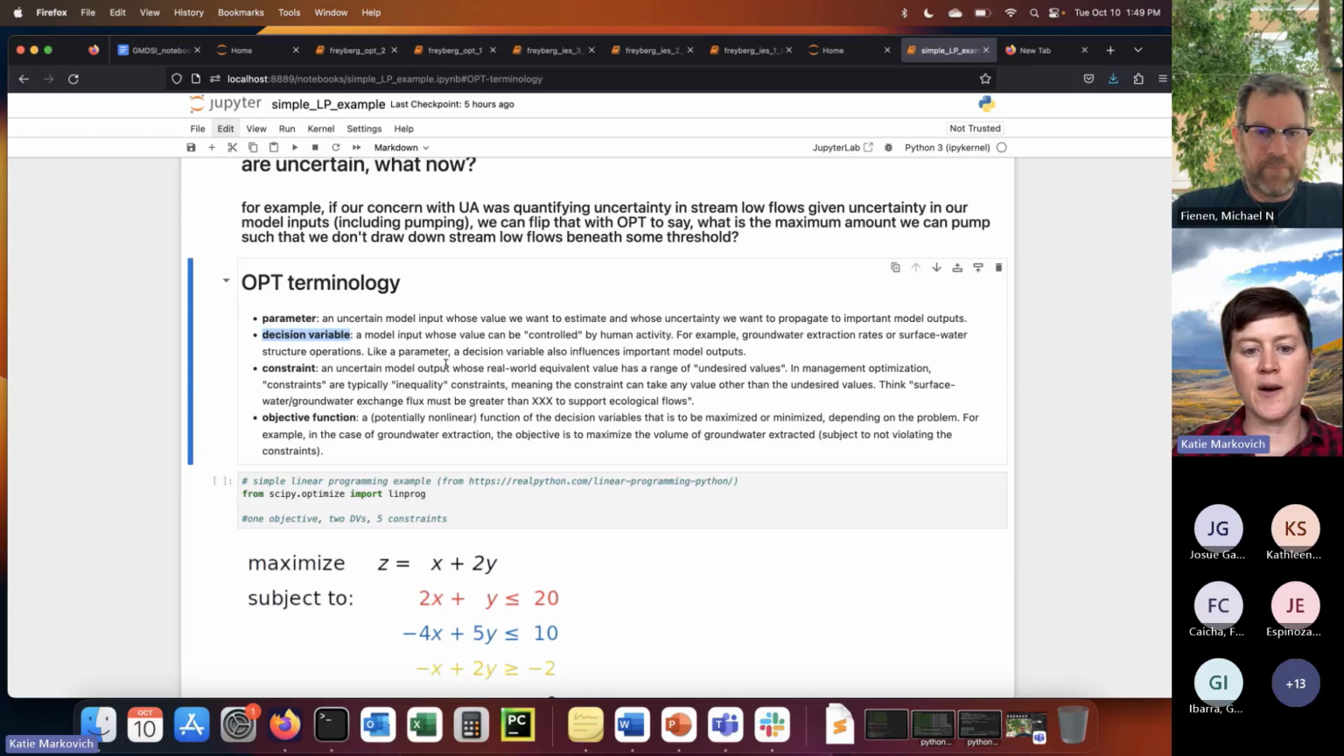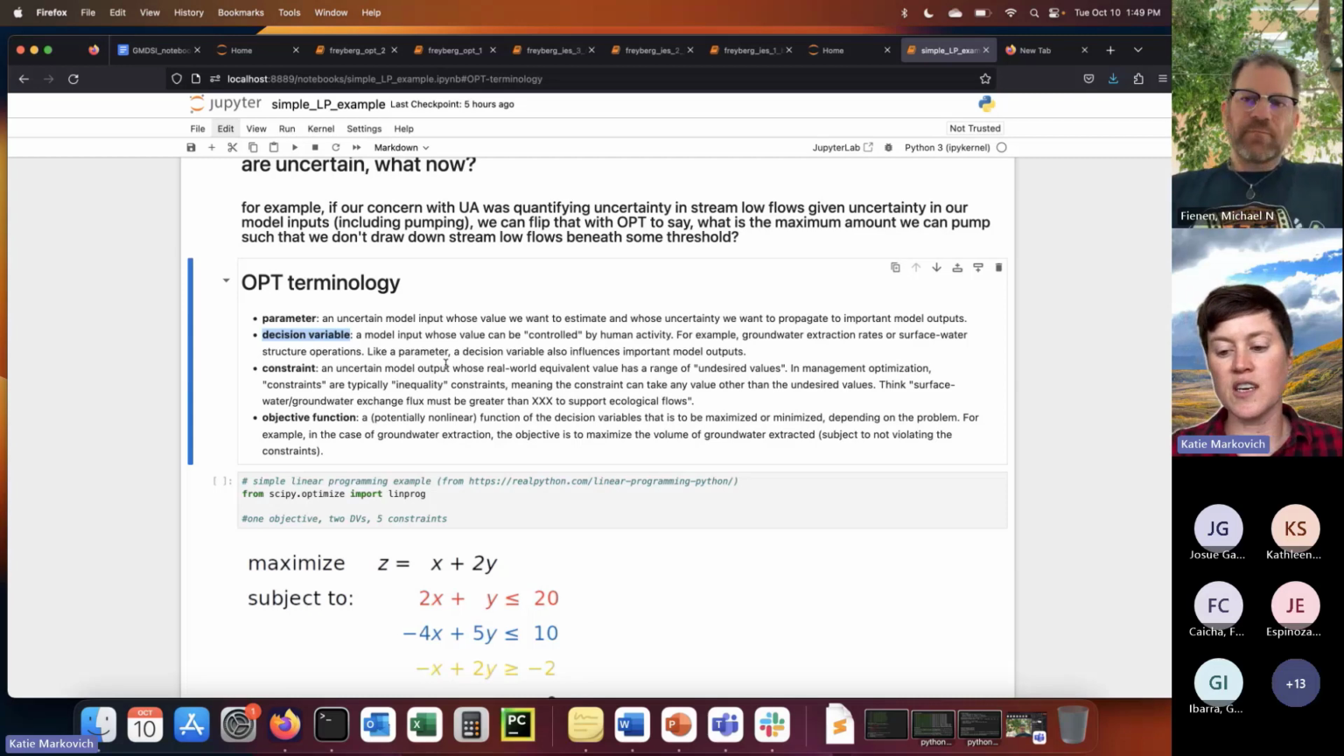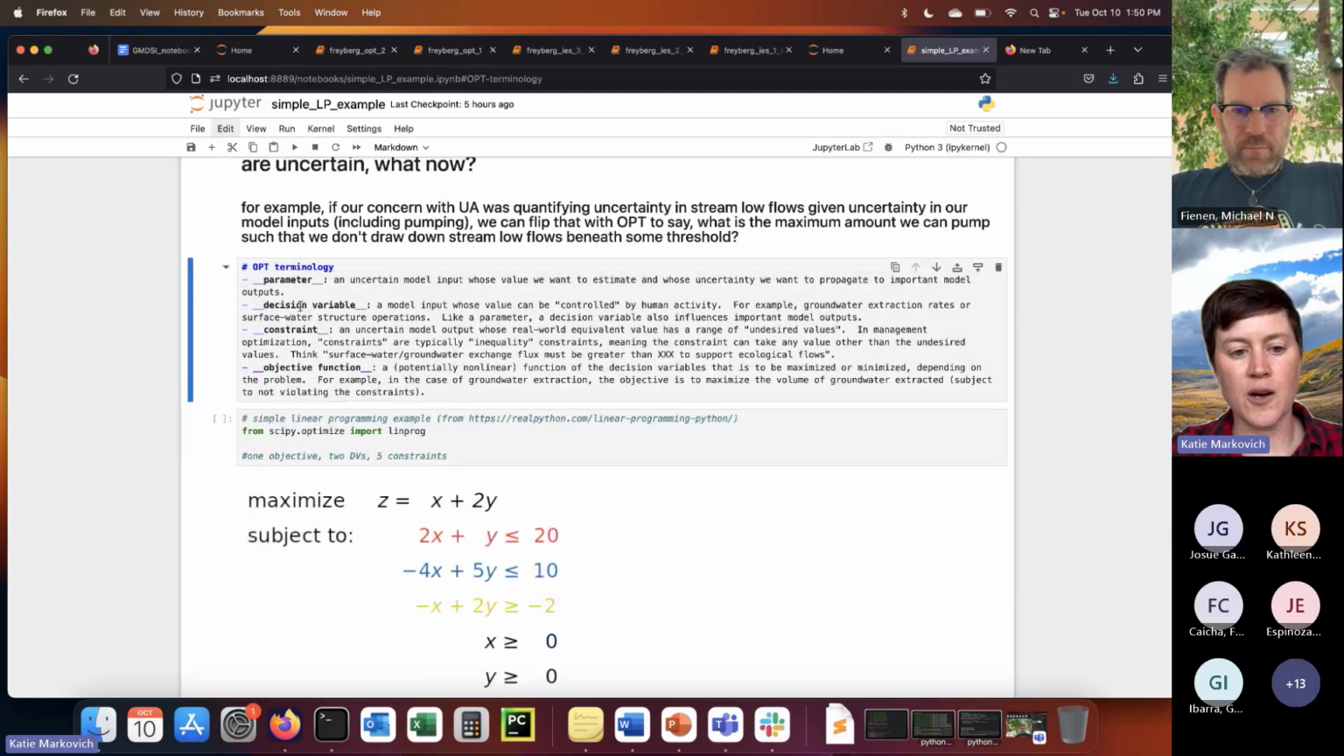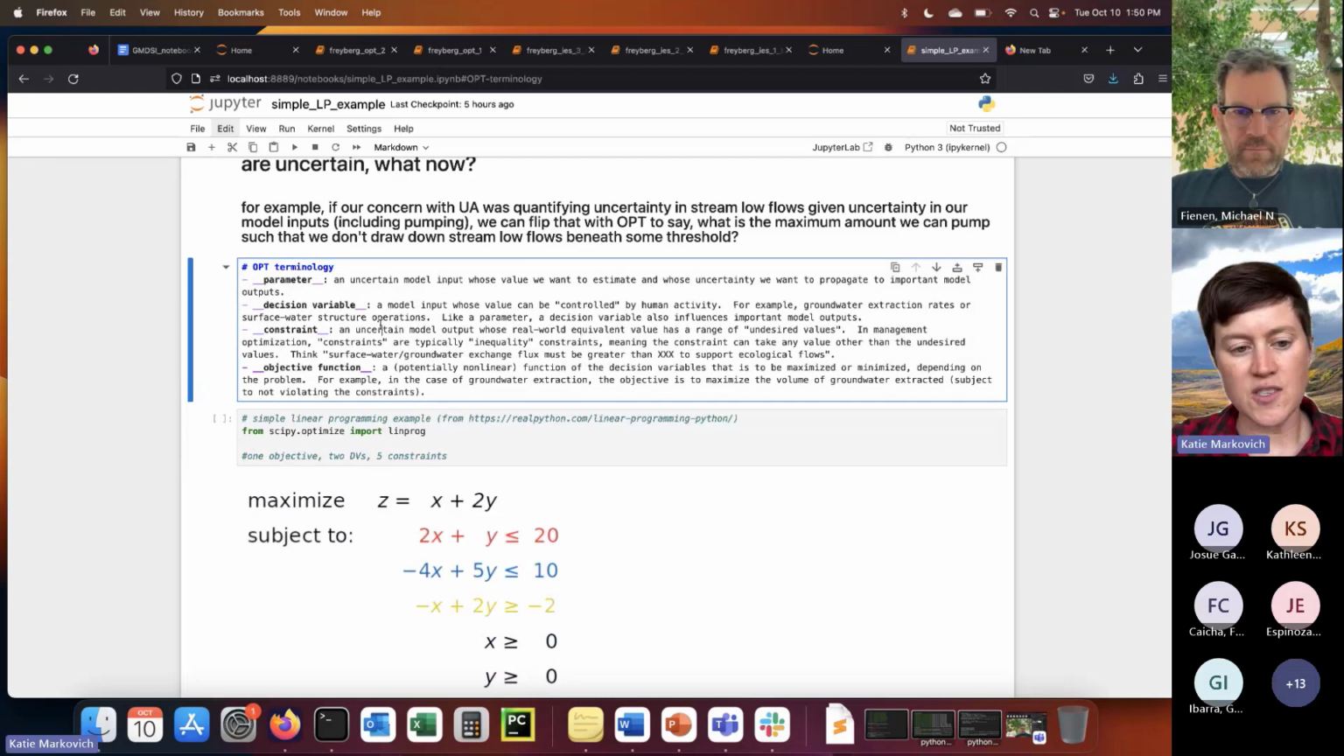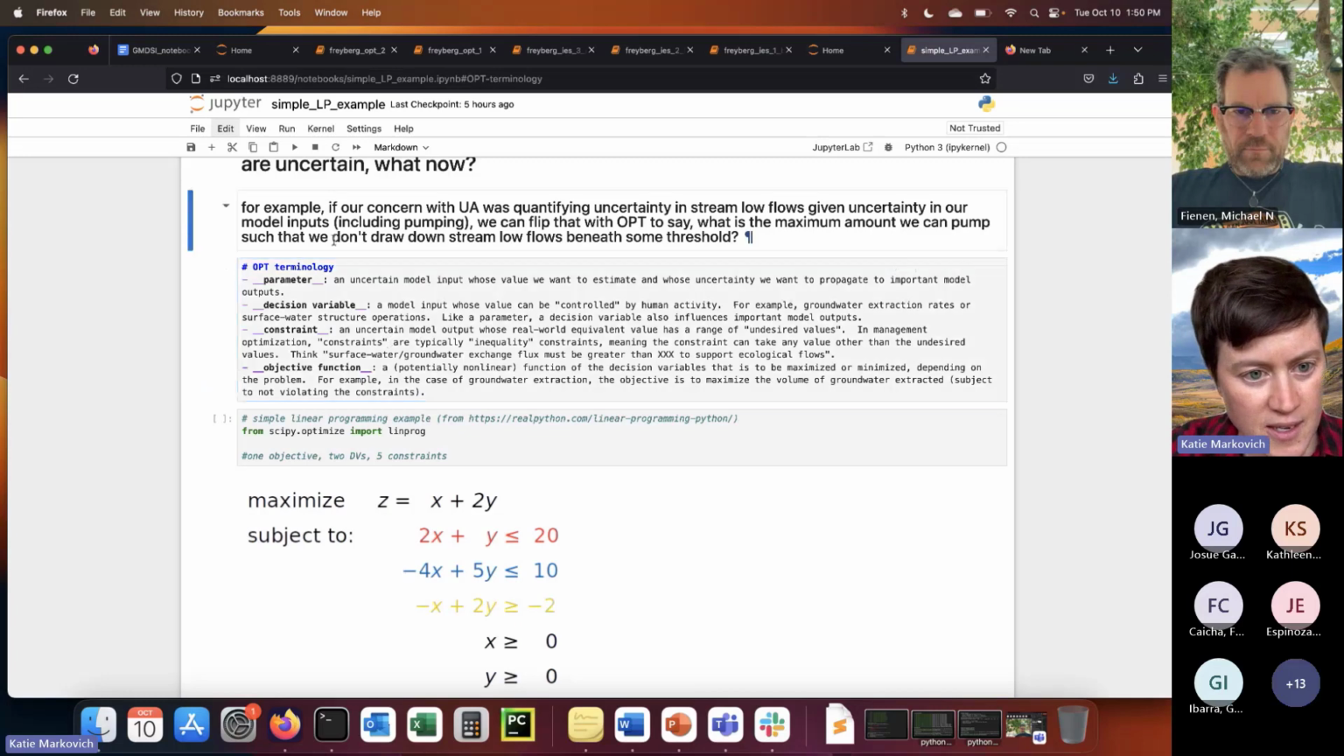The decision variable, like a parameter, does influence important model outputs, but instead of uncertainty, it has a range that it can occupy based on real world bounds for those decision variables. For example, you can't have negative pumping. We know it's going to be 0 to some maximum amount that you can pump. But instead of just having a prior uncertainty distribution like a parameter, it has